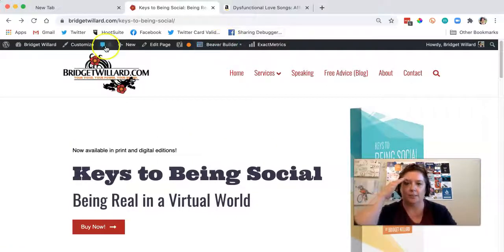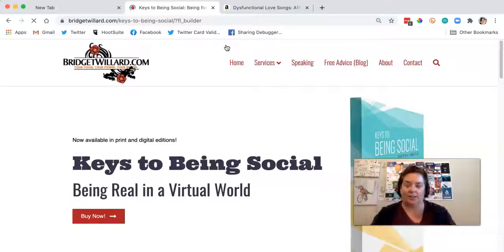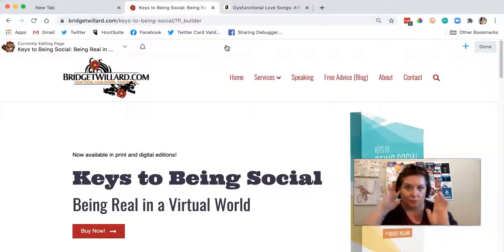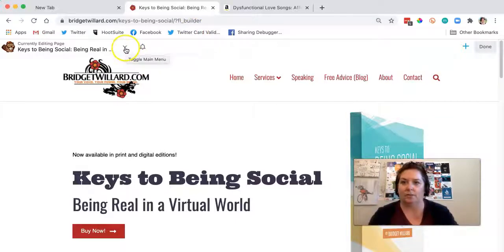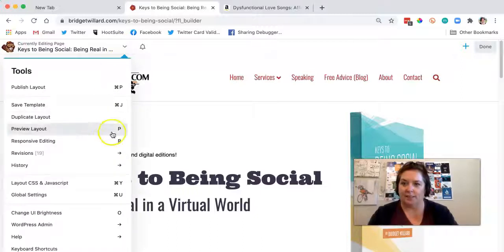So what you're going to do is make sure you're logged in. You know you're logged in. This black bar is up there. Then you're going to click Beaver Builder. You got to make sure you're on the site that you want to be on. Sorry, my ears are bugging me. So go up here where Buddy the Beaver is. Chip the Beaver, the nameless mascot. He's so adorable. And go down to